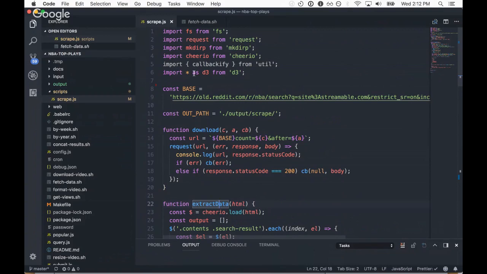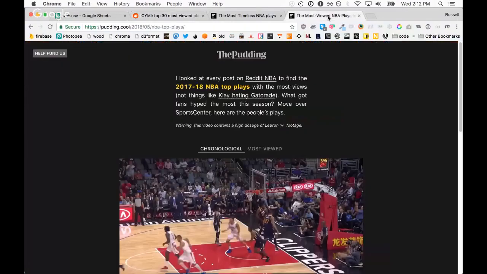Me too. Cool. Okay. So, you mentioned a little bit that this story is pretty straightforward and it has just a couple sentences of prose. And why did you decide to do the story this way? Why is it so different from a story you would normally see on The Pudding? Yeah, so